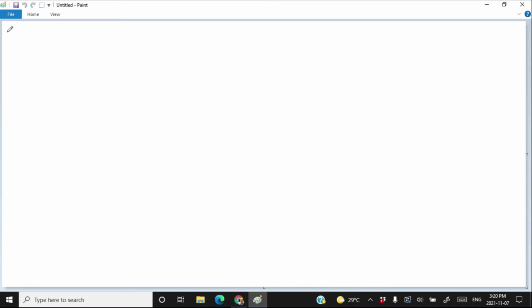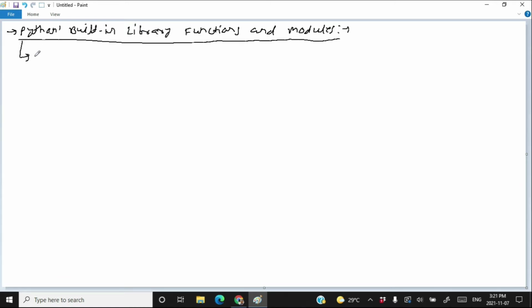Next we are going to learn about Python's built-in library functions and modules. There is a special library in Python called Python's standard library.